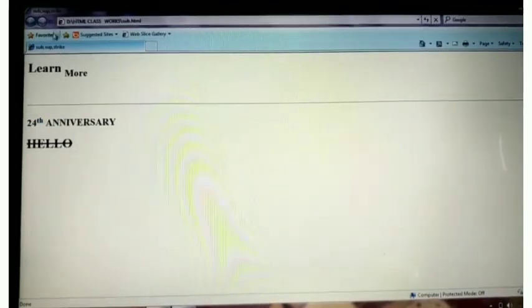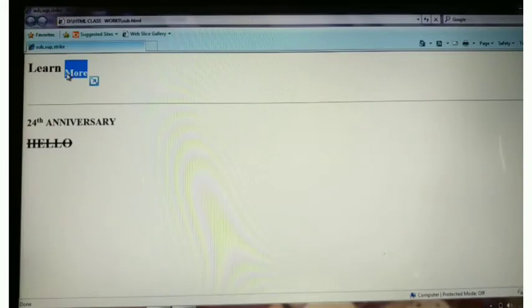So here you can see the text more is enclosed between opening and closing sub tag. The text TH is enclosed between opening and closing SUP tag, and the text hello is enclosed between opening and closing strike tags. That's why we got the text displayed like this. This is subscripted, this is superscripted, and this is strike through.